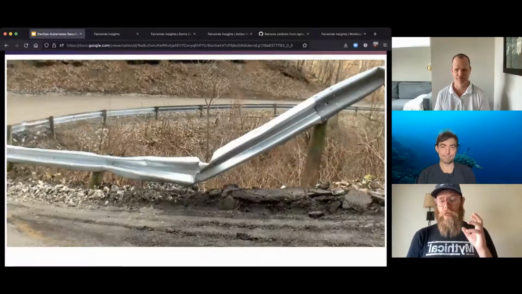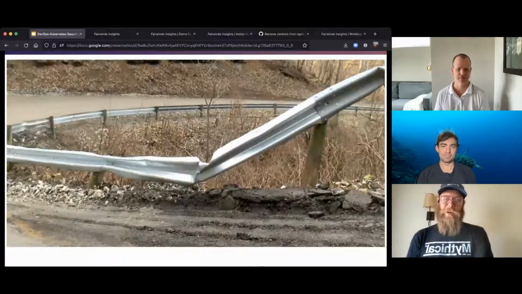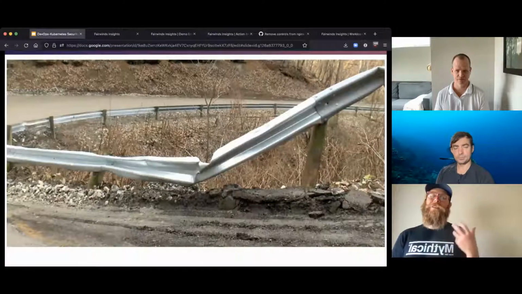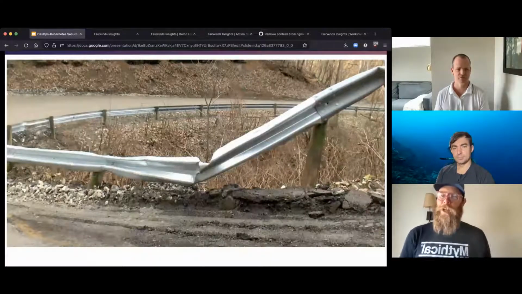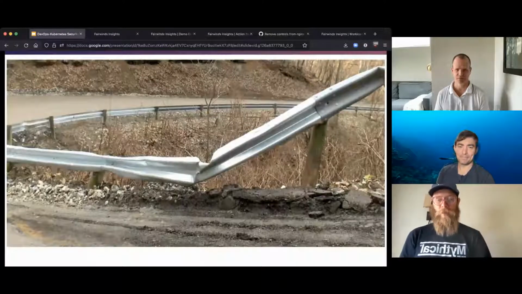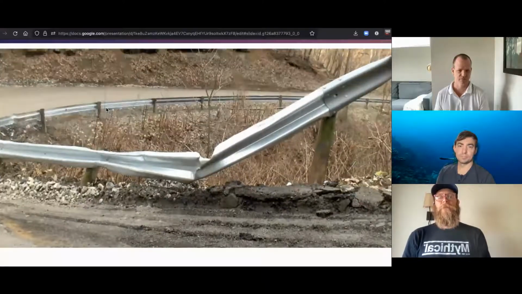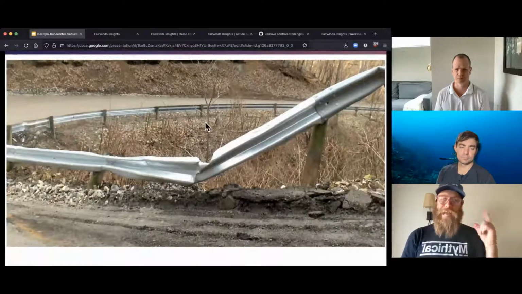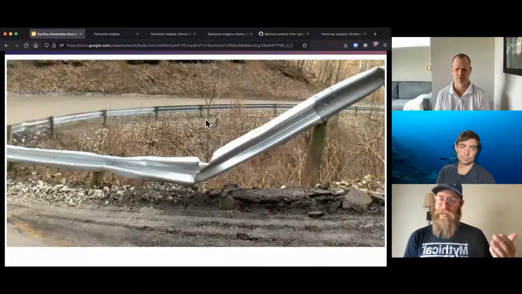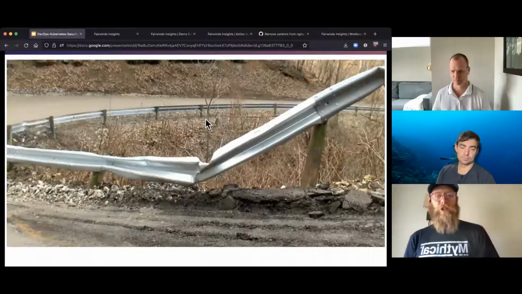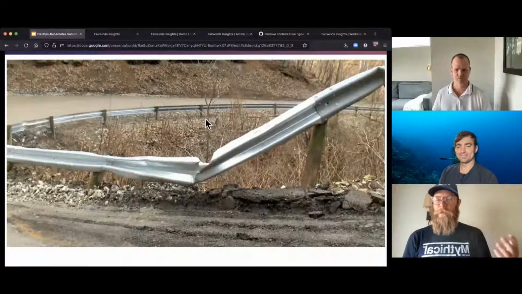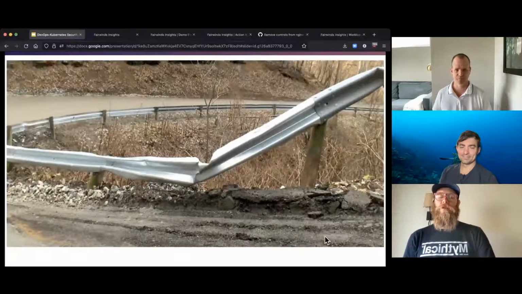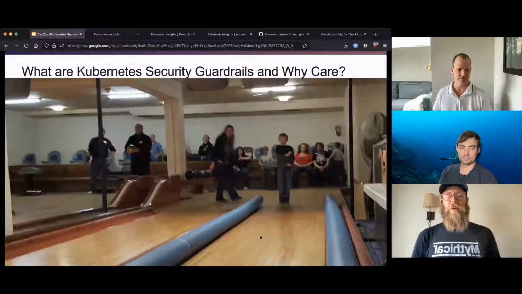There's the life-saving effect of a guardrail in a car, right? And when we talk about guardrails as they relate to Kubernetes, there is the company-saving effect of putting in place guardrails that keep you from doing something that will really cause you problems. And there's also the bit that it creates a sense of security, right? When you drive up a tiny, skinny mountain road and there are guardrails along the side, you don't intend to use them, but you're glad they're there because you know at any given moment you could slip up, and having something there is a big deal. So there's the security side of it like that, but it also creates a sense of fun.